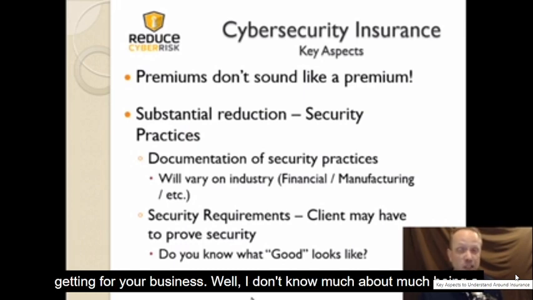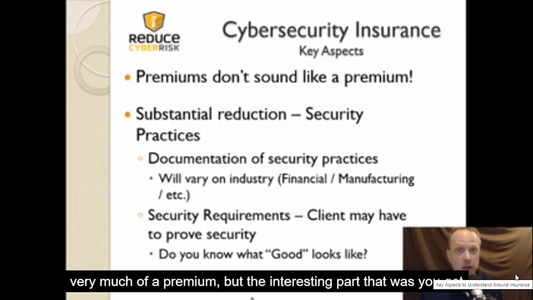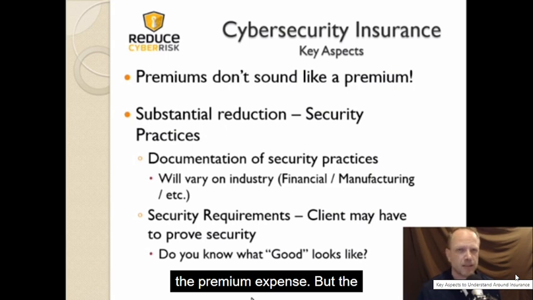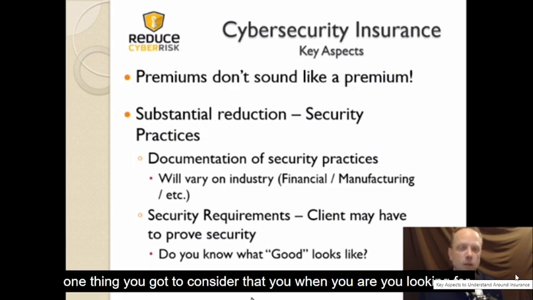Well, I don't know much about being very much of a premium, but the interesting part though is you've got to pay it, right? So it's more of an expense, but it's not really a premium. It's a premium expense. That doesn't sound right. But the one thing you've got to consider is that when you are looking for insurance for